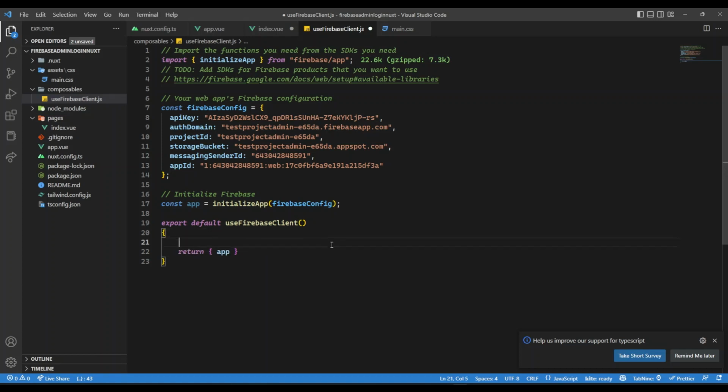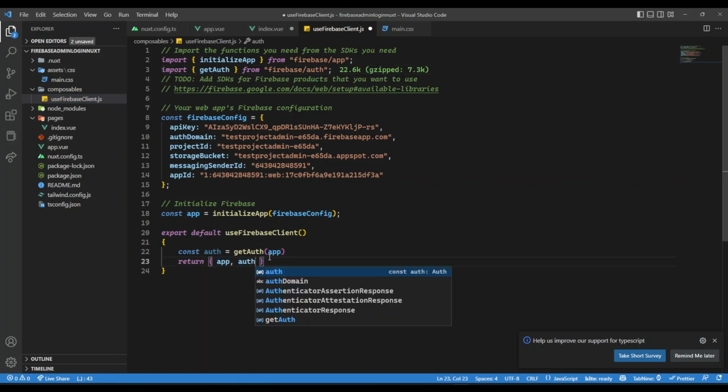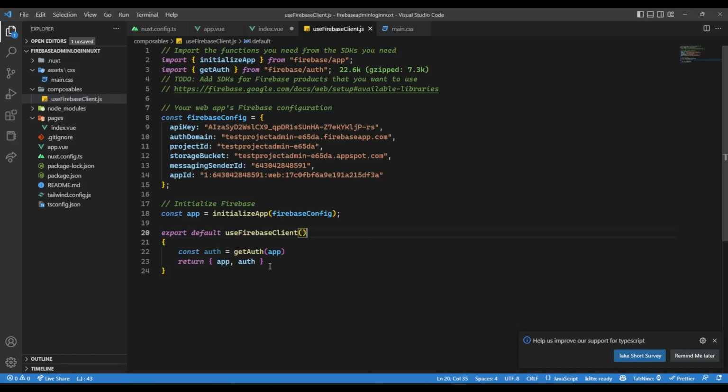And along with this, maybe I can create the auth side as well. So here I'm going to say const auth if we need it. So getAuth(app), and this I need to import it. So here I'm going to say import getAuth from firebase/auth, and then we will also return this auth. Okay, we can also have DB and all those things if needed, but for now let's keep it